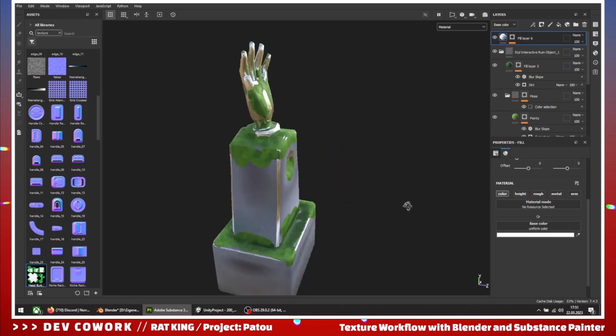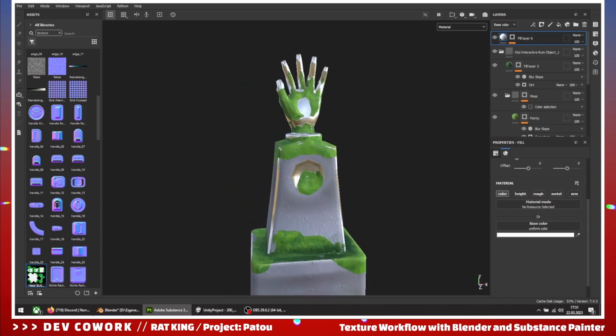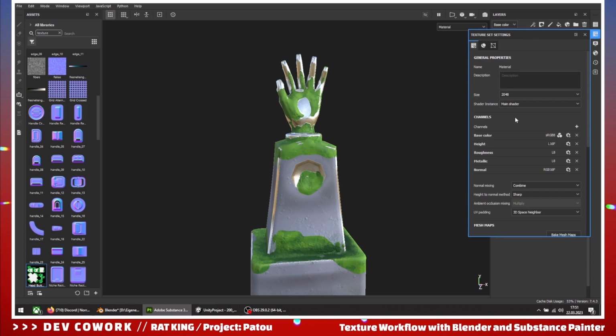Okay, so basically what I do to get a different channel for this white color here, I add an emissive channel. In the normal HD render pipeline metallic standard workflow, it's not integrated, but you can simply add it. I go to this window, texture set settings, or click the button here, and here you can add more channels if you like. And I add the emissive channel,